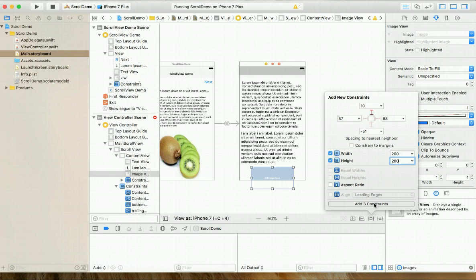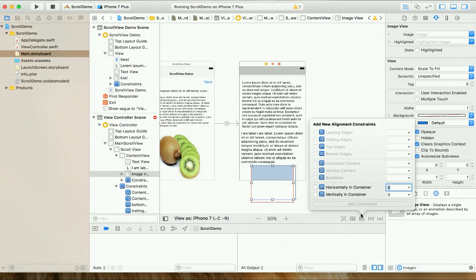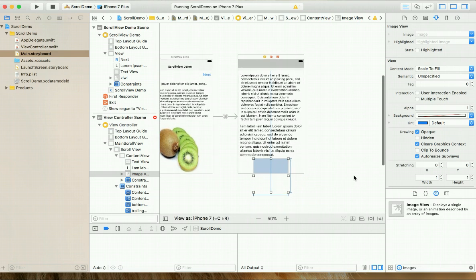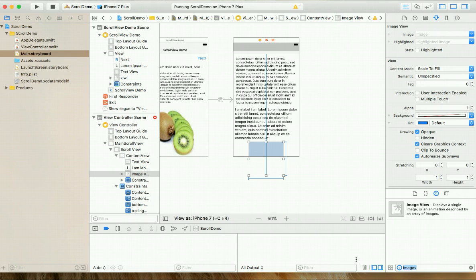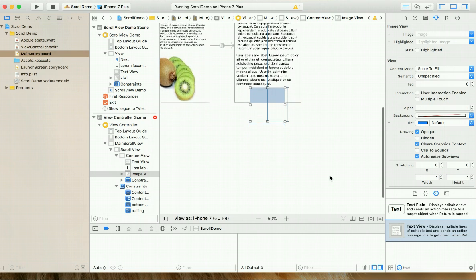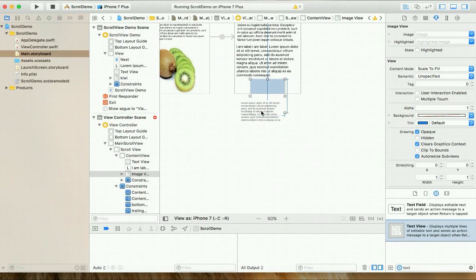Okay, and plus I'll give a horizontal container constraint. And the last control which I'll add is, you can see that it's already has been gone beyond the screen. Let's add